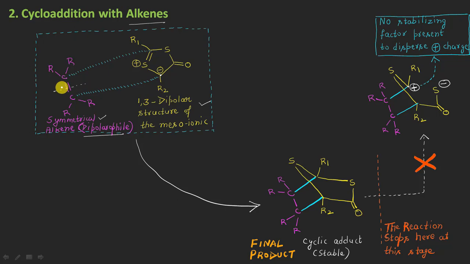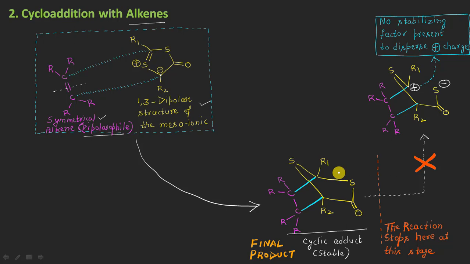And let us say this carbon atom here is interacting with the positive end of the dipole, resulting in the formation of a cyclic type of adduct here, in the same way which we have been discussing for the past 4 or 5 lectures. I mean the similar type of cycloaddition mechanism. Okay, so now let us see